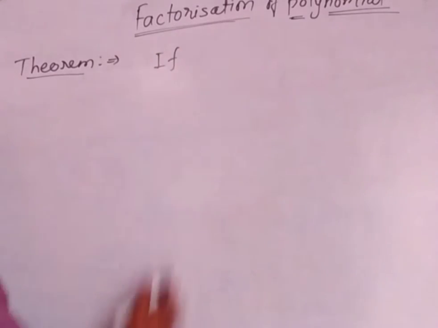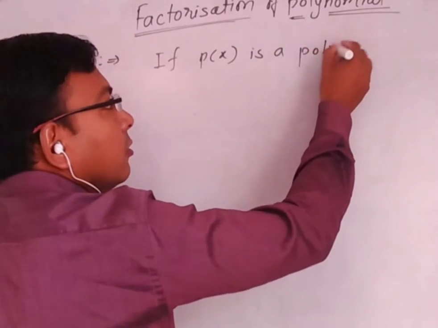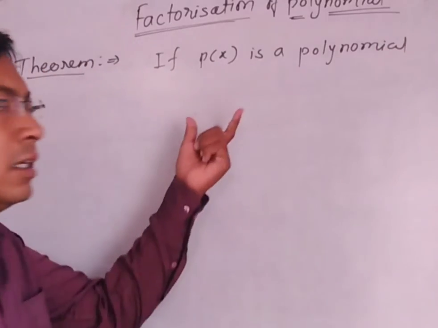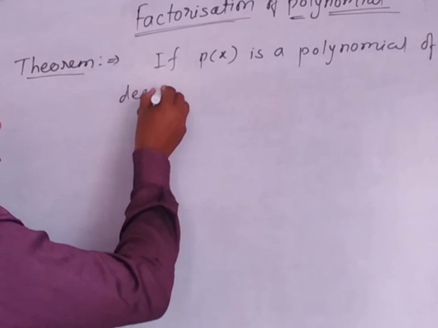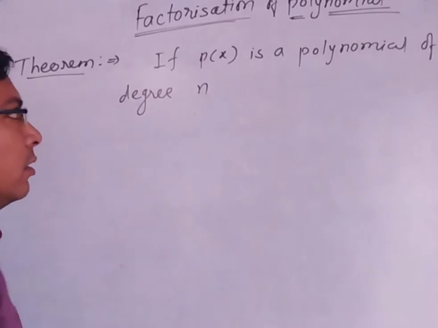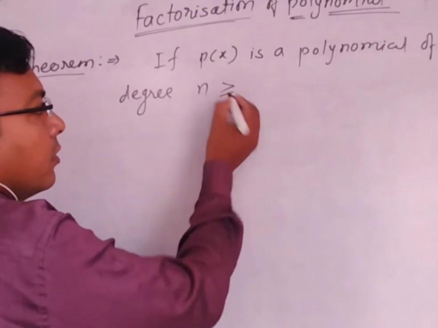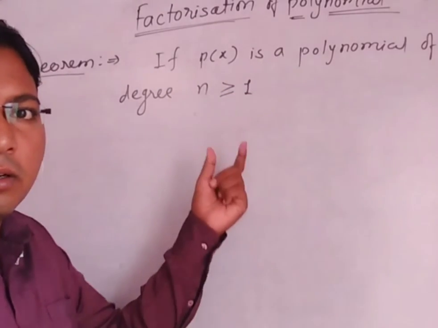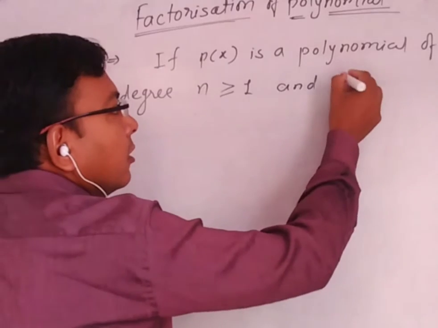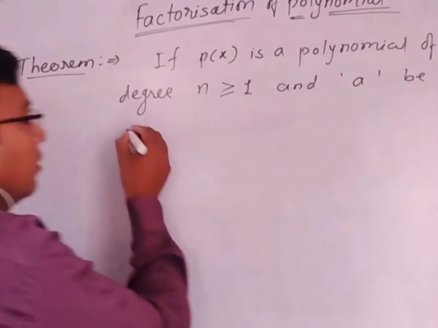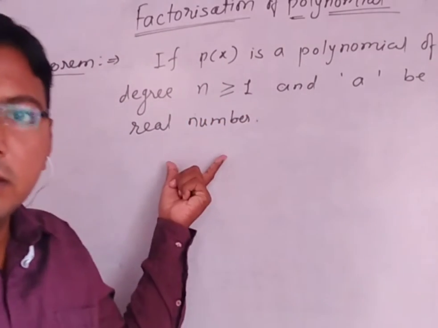If p of x is a polynomial of degree n, greater than or equal to 1, and a be any real number, then